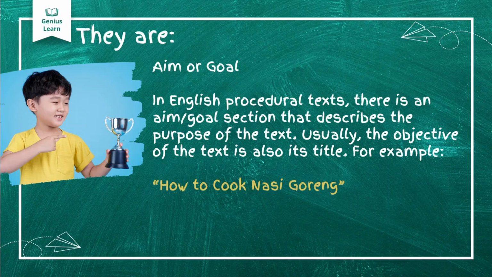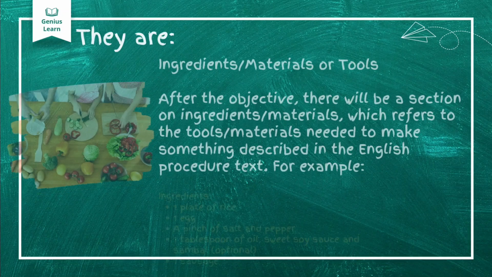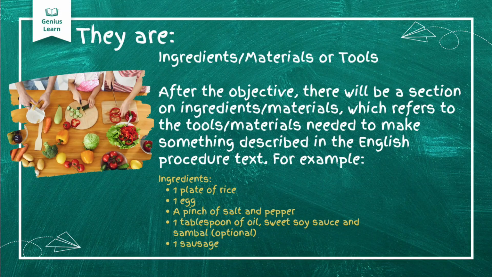Okay, let's proceed. The next is the ingredients or materials or tools. After the objective or the goals or the aims, there will be a section on ingredients or materials, which refers to the tools or materials needed to make something described in the English procedure text. For example, here as you can see, the ingredients to make nasi goreng is 1 plate of rice and then